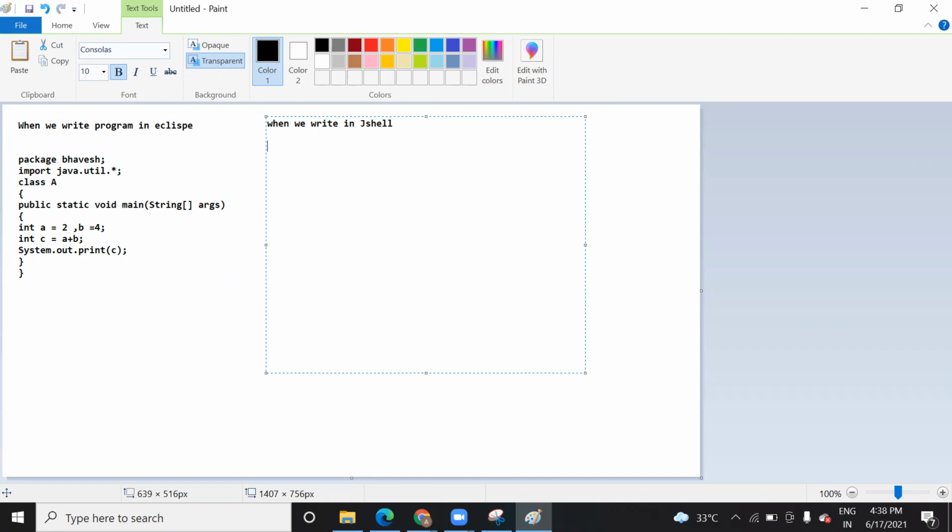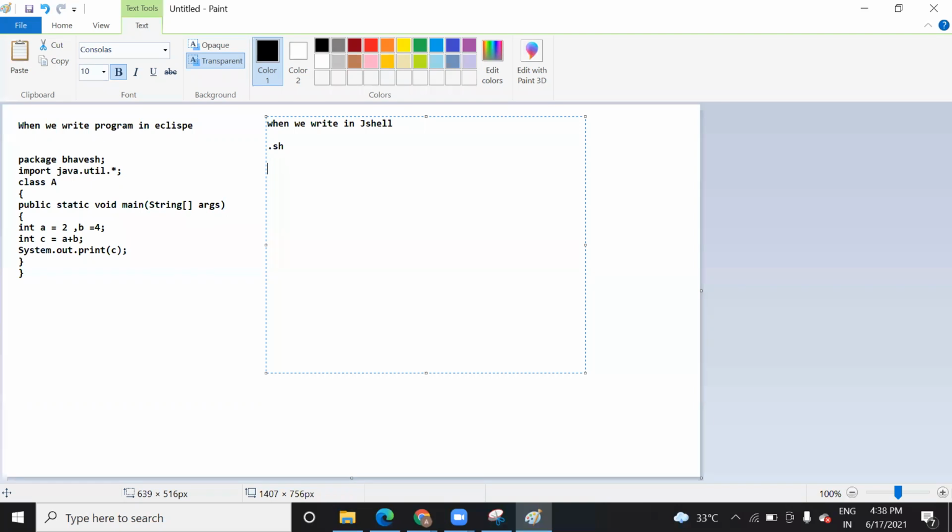Have you seen any file which has a .sh extension? No. This is called a shell file, and this shell file is like a scripting language only. Shell script, we say. Scripting means languages that you can run line by line, like Python. You can call it a programming language also, or a scripting language. Java is programming, where you run the whole code at once, and JavaScript is called a scripting language.